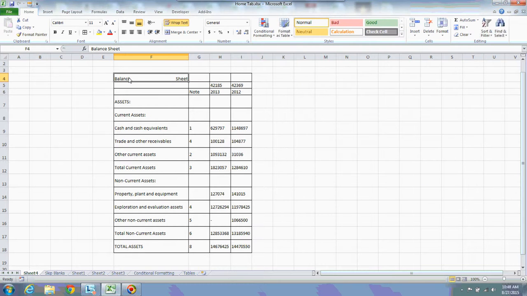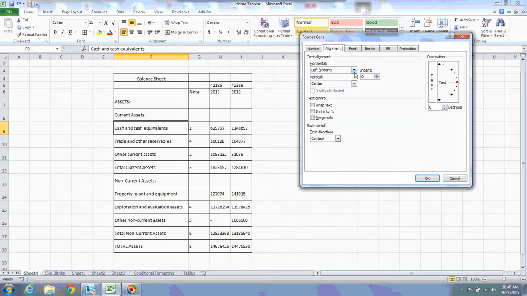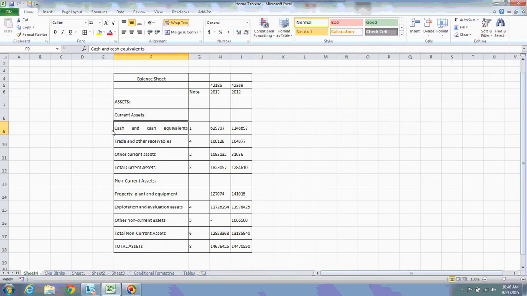See, this balance sheet has been distributed to the length of this cell. There is a space between balance and sheet, hence based on that space it has distributed the values. See here how it distributes this information. Let us see distributed indent. See, like this it distributes the indent. Indent is nothing but some spacing. Like that you can change.